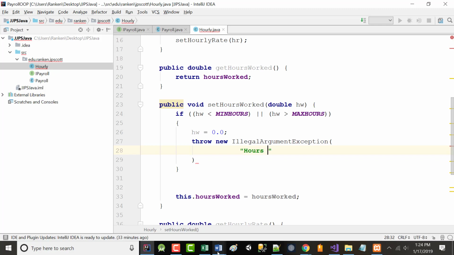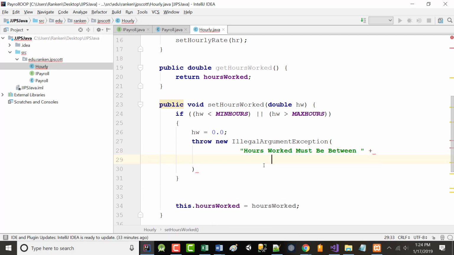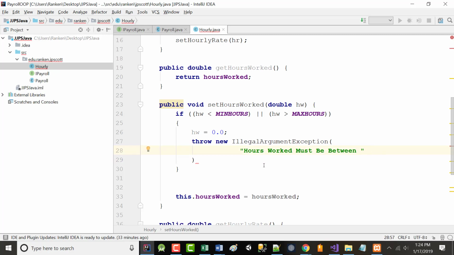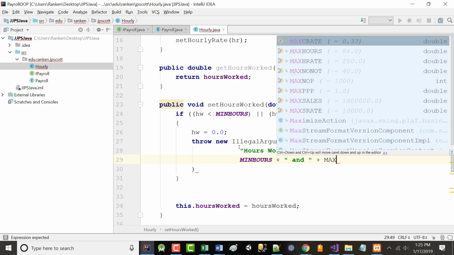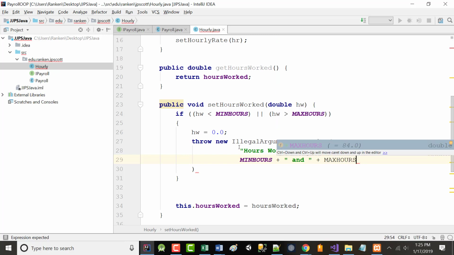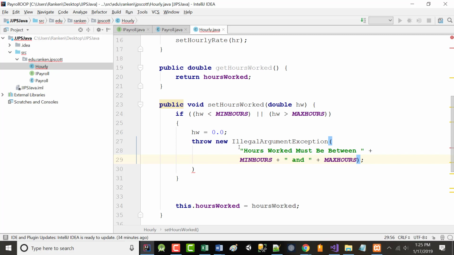I'm going to say hours worked must be between min hours and max hours. So in other words, what should come out there is it should say hours worked must be between 0 and 84.